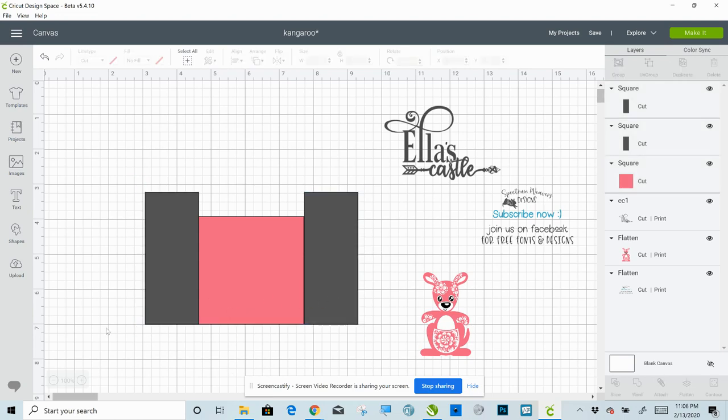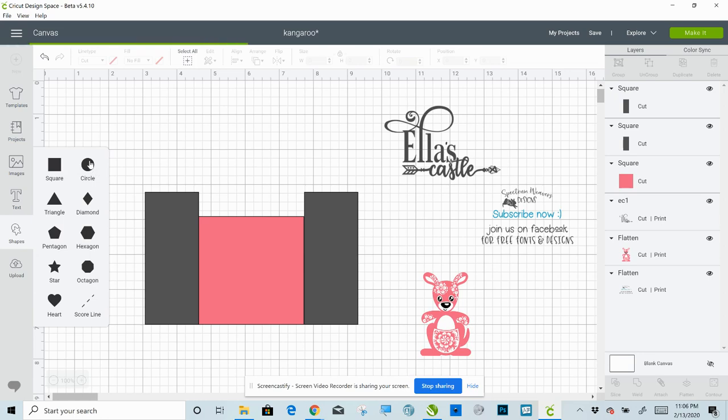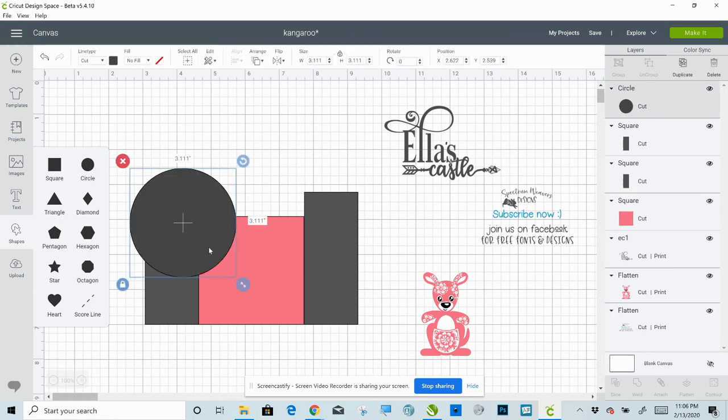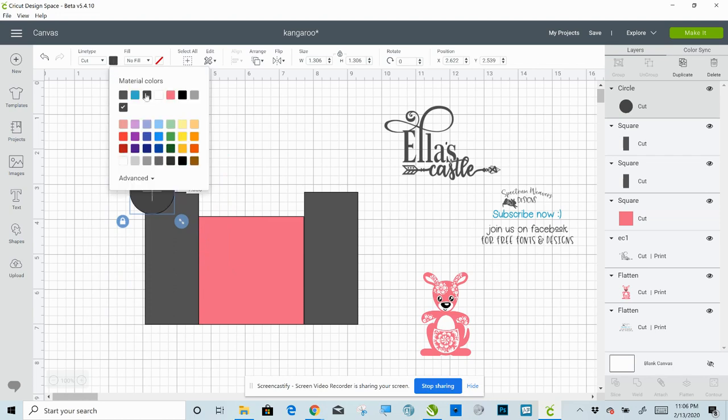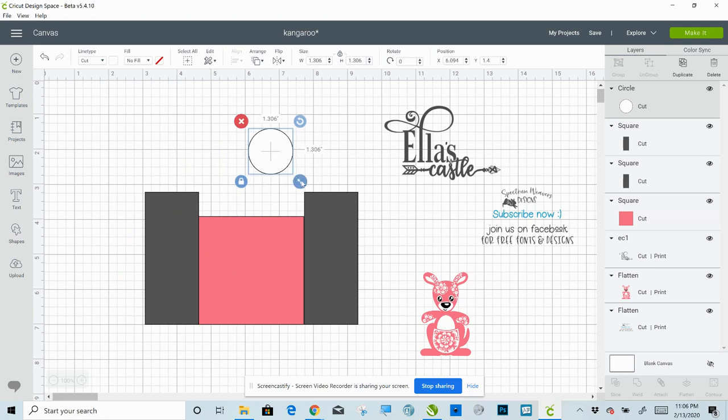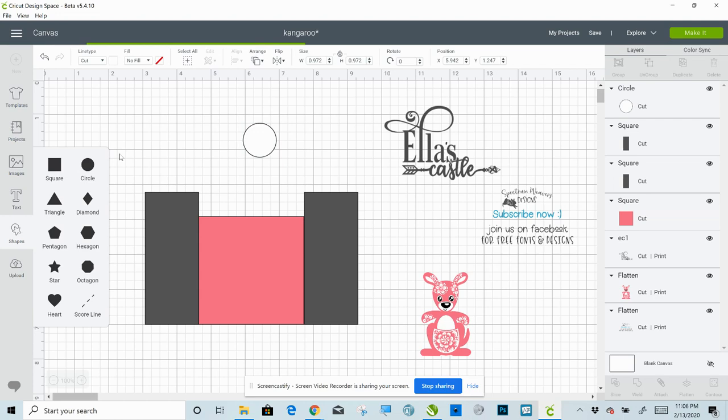Okay. Now let's slice something. So let's go ahead and slice out a window. Okay. So we'll take a circle and let's make that a little bit smaller, and we'll make it a different color so we can see it. And what we're going to do is take this and make it about that size. And let's actually make some crosshairs in it first, okay? So take our